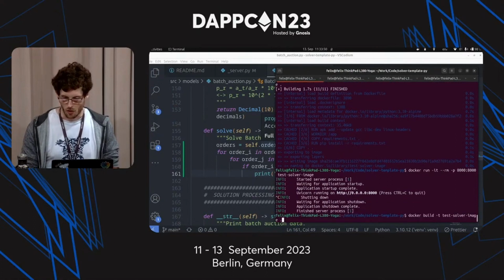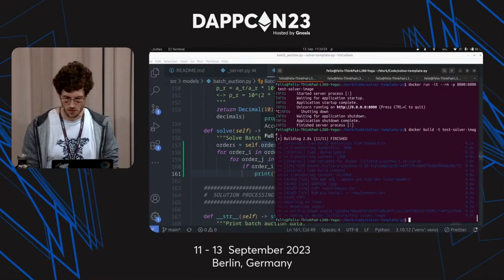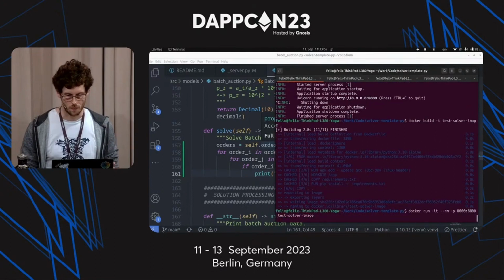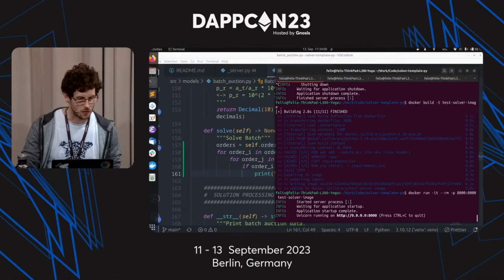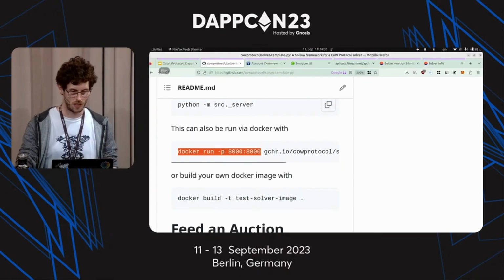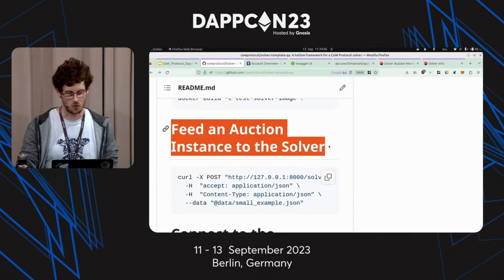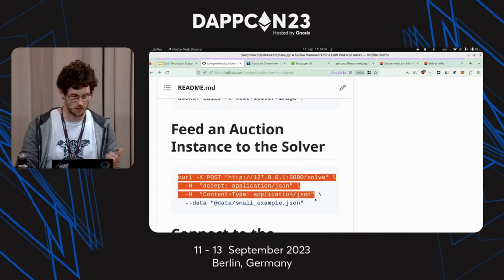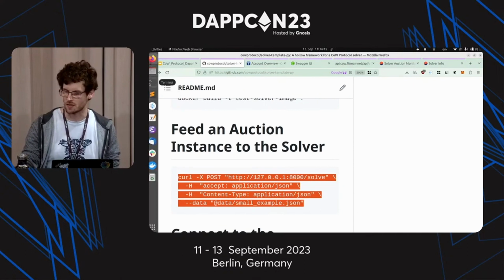Let's rebuild our Docker image and run the server. And now we can look at the GitHub repo, and it contains a command to just curl some auction instance, also contained in the GitHub repo. So I'm just going to copy that. It's a really small